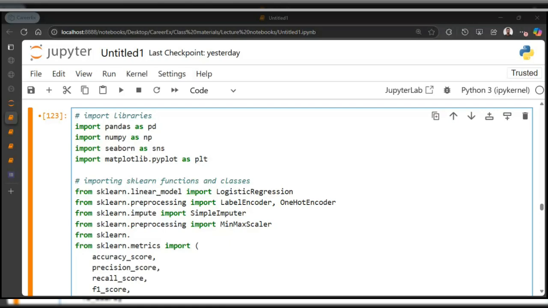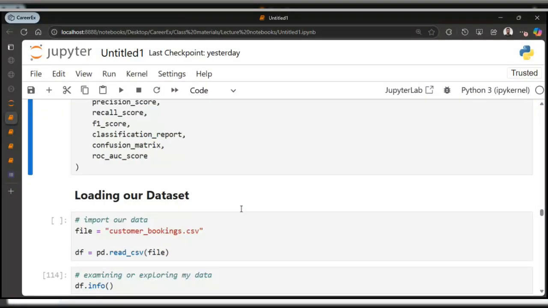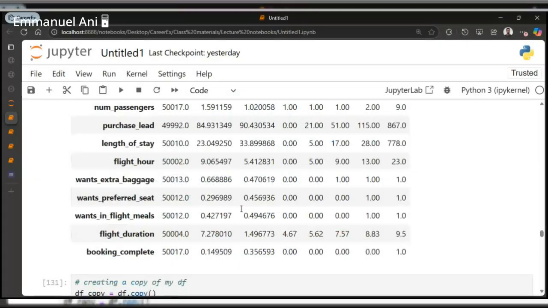This is nice. Yeah, model selection. I love the activeness. So from model selection, we import train test split. Run this again, and then we move on to the next cell.